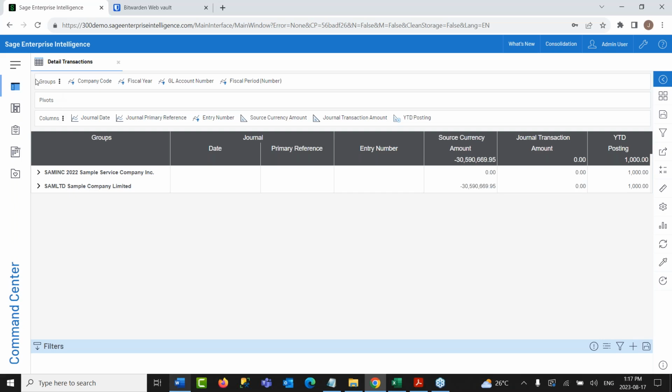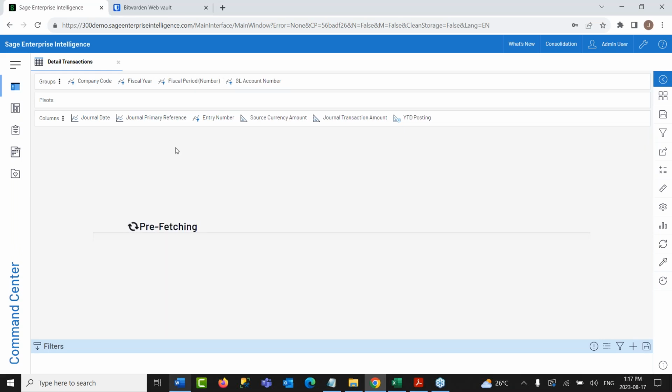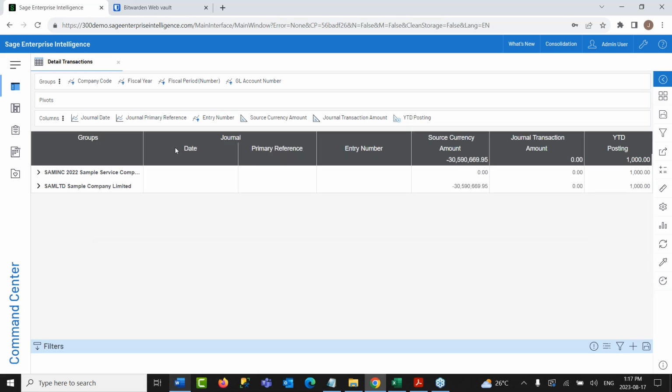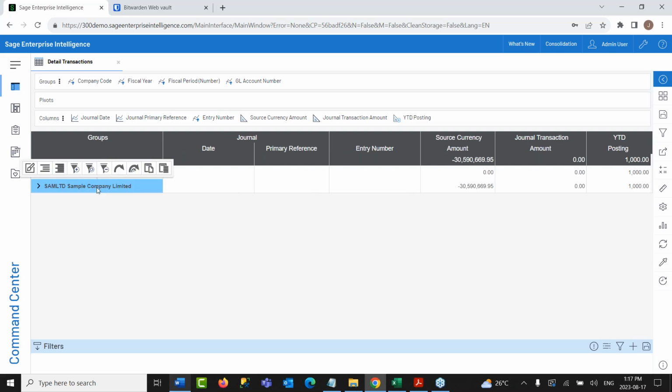So to give you an example, in this report, we have groups, pivots, and columns. These are the constant across all the different worksheets or reports in SCI, and that's where we get the flexibility of moving things around and really seeing the data, slicing and dicing it the way we want to do it. So the drill down on these reports would depend on how many fields we have in the groups, for example. So we have the company code, and if we go in the groups column right here, we can see both those companies in this consolidated report. We can also easily filter on any one of the companies too, if you would like.